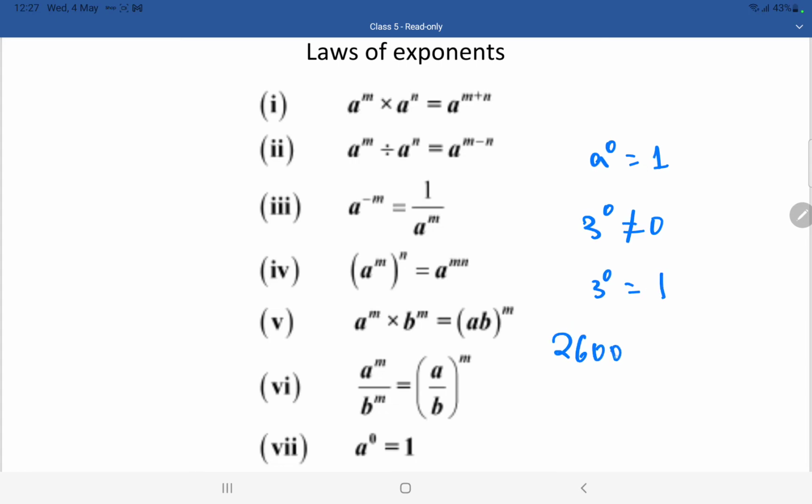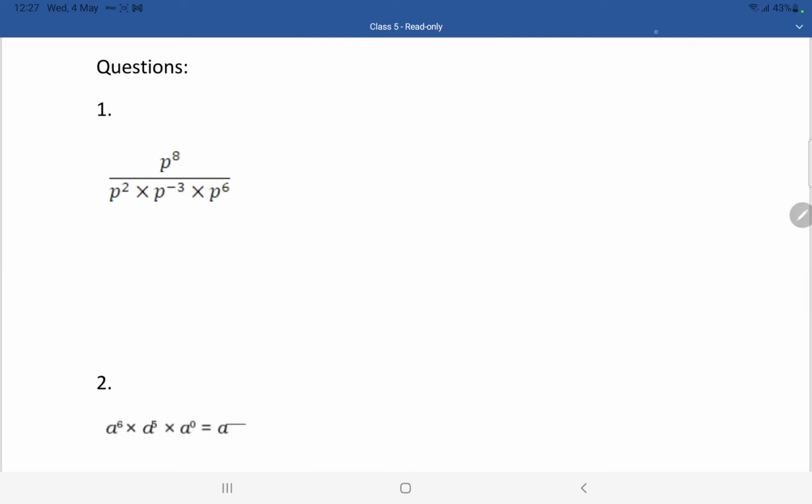2, 6, 0, 0, 0, 1, 2, 3 power 0 is equal to 1. Anything, any number, power 0 is equal to 1. Remember, this is a very important law of exponent. All these 7 laws are equally important with this law. You need to learn all these and you need to be able to tell all these without seeing. Now let us move on to some questions and see how to solve questions related to these powers and exponents